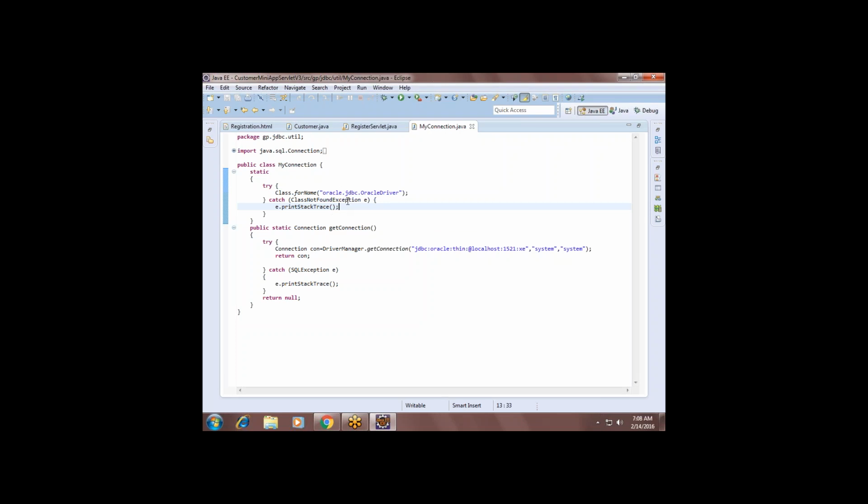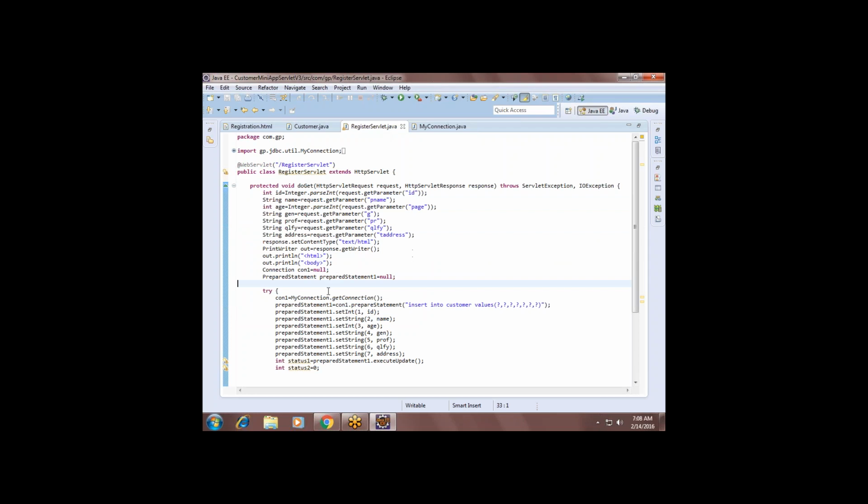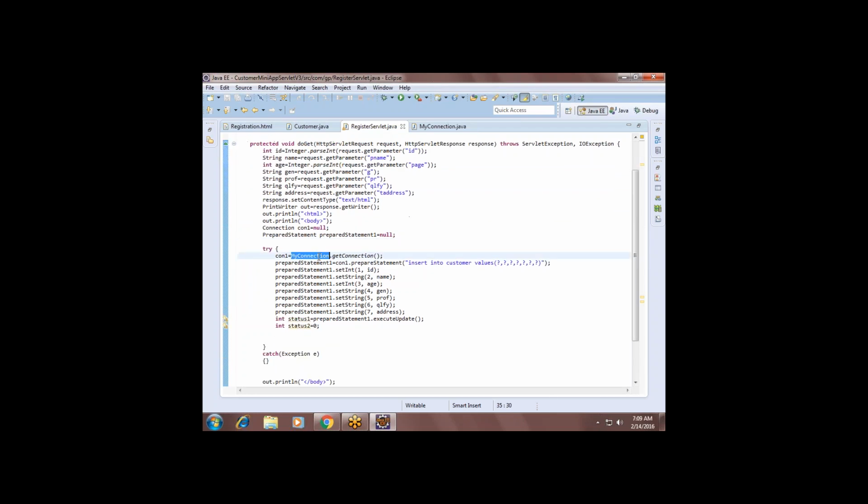I created one separate connection class, and it returns the connection after establishing it. So whenever you require a connection, call the static method get connection with the class name, and it will return you the connection object. Very simple. In the registration you can find MyConnection.getConnection. It is returning me the connection. Understand?